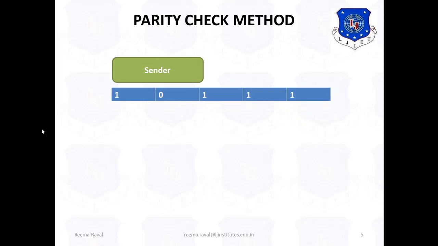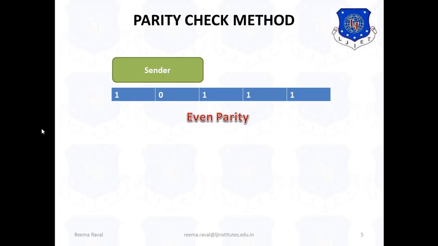First of all, parity check method. Let's say for example the sender sends the message 10111. This is even parity, that means the number of ones is even. Parity may be even or odd, that is the number of ones in the given data sequence.